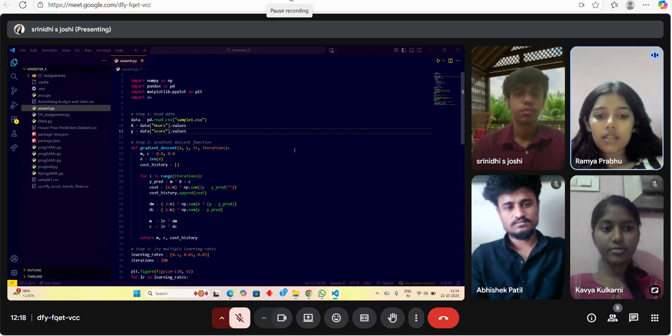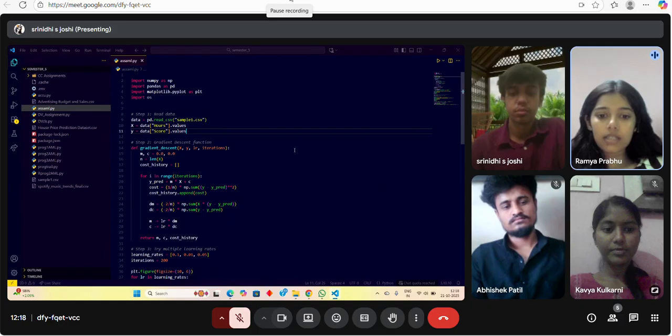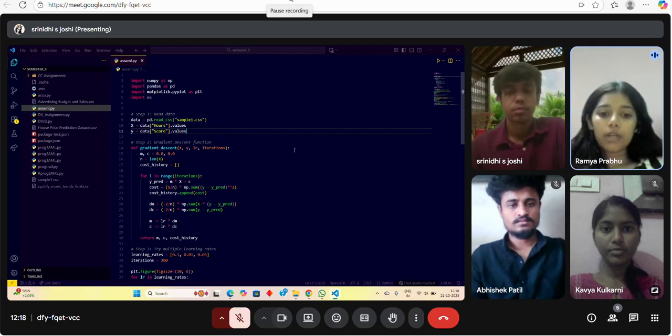Gradient descent is an optimization algorithm to minimize the cost function in machine learning models. In this experiment, we use simple linear regression to predict study exam scores based on